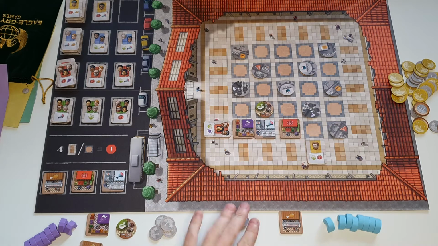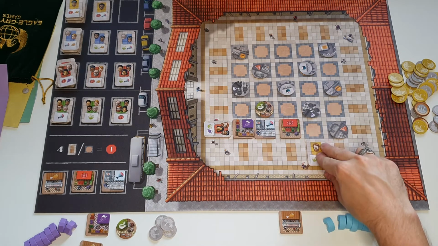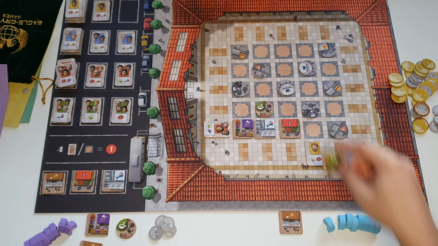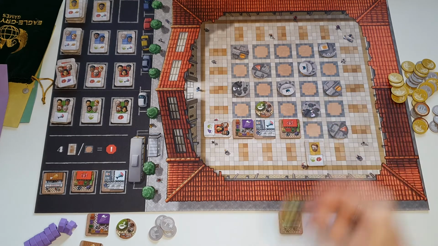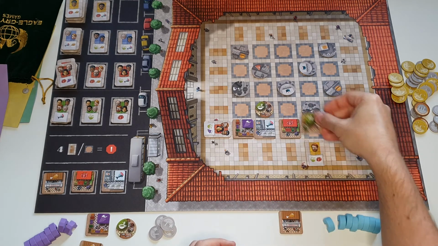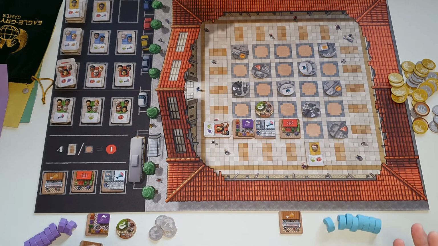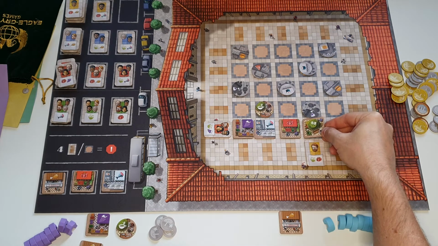So this is the situation, and the blue player, let's say, it's his turn. He has no money at all, right? But for some obscure reason, because this is a tactically very lame move, he wants to place this flower shop over here. The flower shop would cost him 1, 2, 3, 4 money, right? He doesn't have 4 money right now, he's empty,